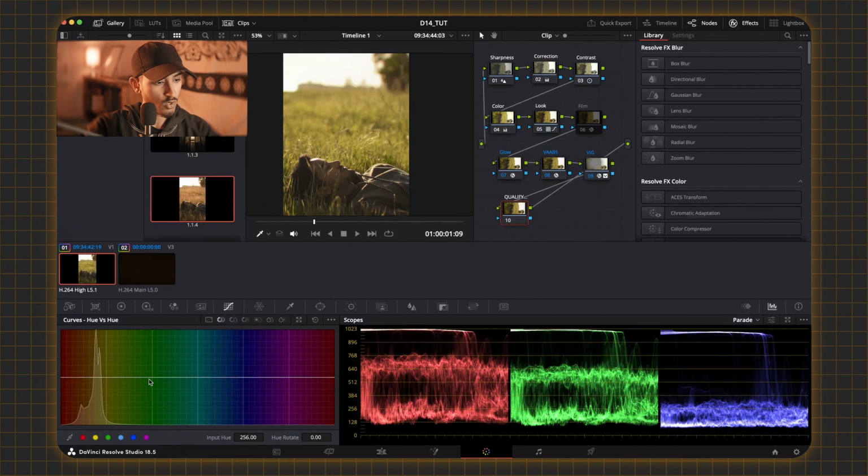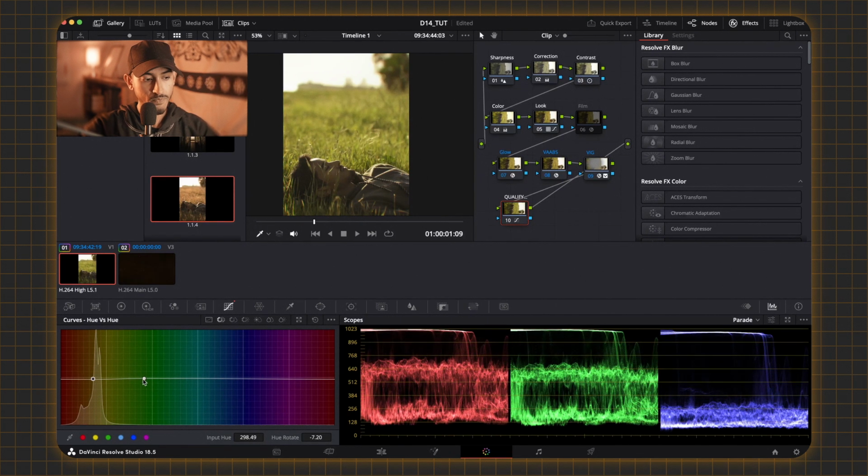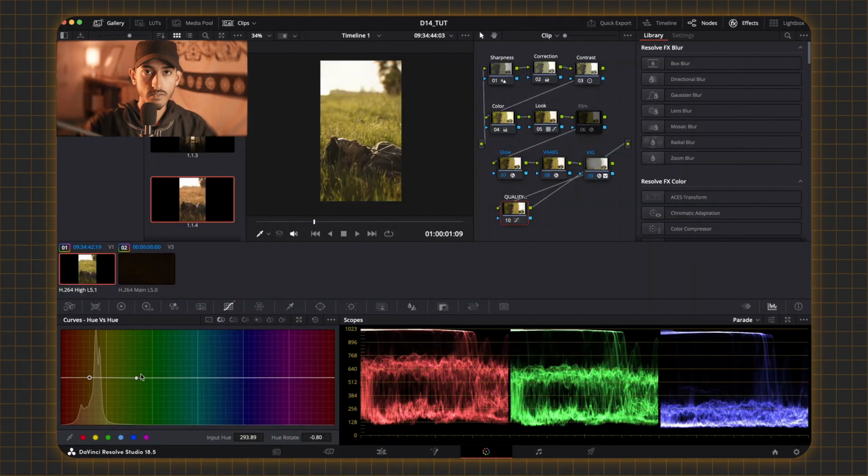So I'm going to click on the green, and I'm going to transition a bit over to the yellows. As you can see where my mouse is, I'm going to click there. That's the range, that's the beginning, which is over here, that's the end. Okay, so now that we've identified an in point and an out point of where we want to control,